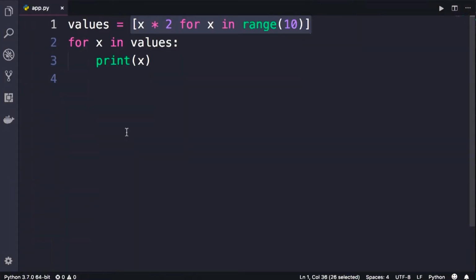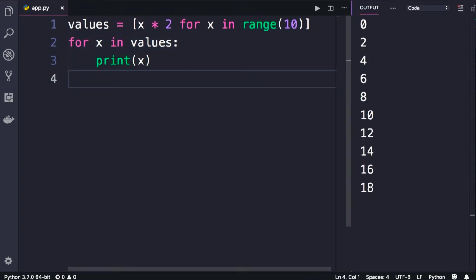Here we're creating a list using a list comprehension expression. Then we iterate over all the numbers in this list and print them. When we run this program, we get the even numbers from 0 to 18. This is perfectly fine, but there are situations that you might be working with a really large data set, or